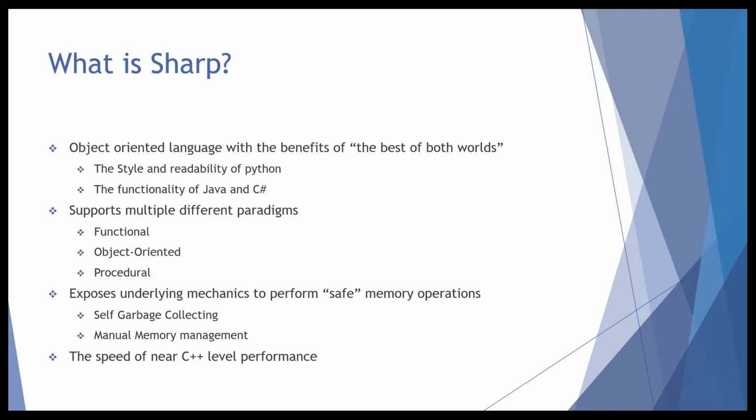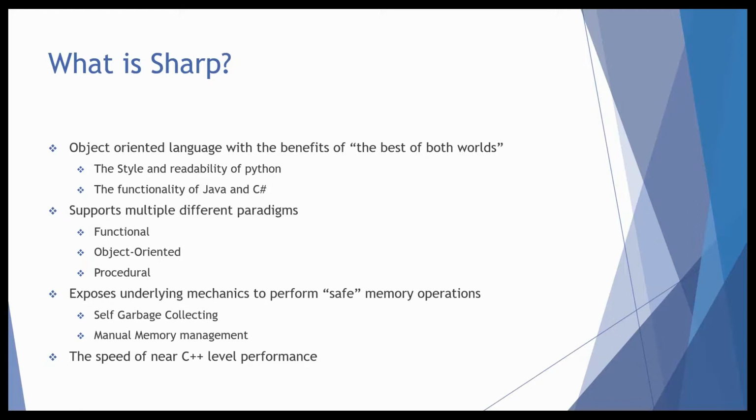So what is Sharp, right? Sharp is an object-oriented programming language, but it's a greatly less restrictive language than C# and Java. And the benefits, you basically get the best of both worlds. That's kind of where I've gotten this whole concept of Sharp from. I wanted to take the main languages that I use the most in my professional career and doing some side projects. I use Java because I do Android, and I do a lot of C# because I used to do .NET. So I took those two, and then I also took Python, and I kind of put them all in one